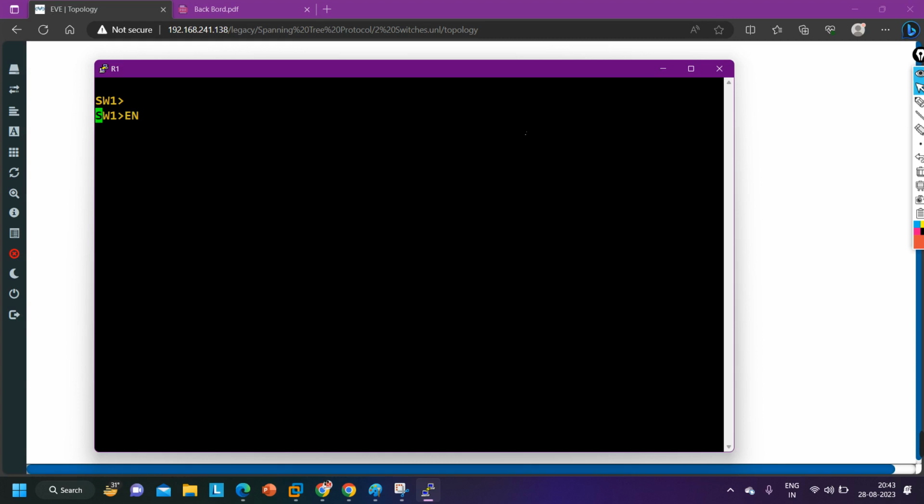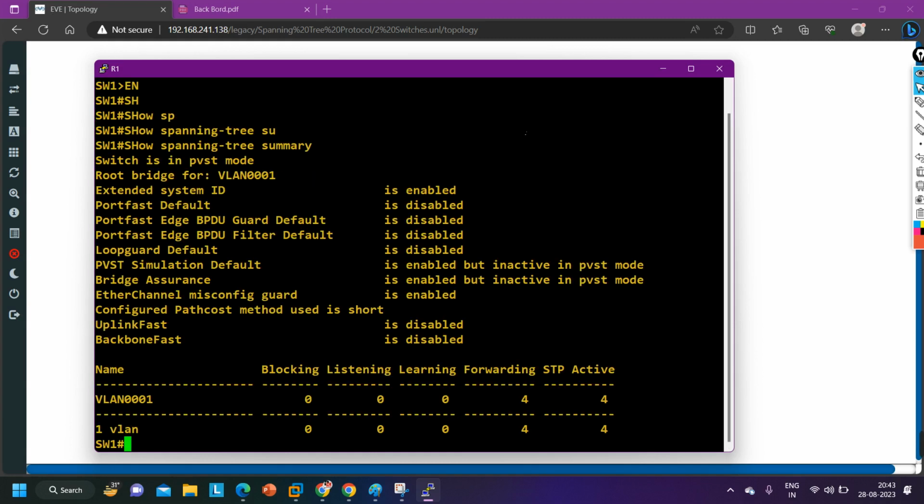RPVST. Are you sure? How to check? So show spanning-tree summary. Which protocol is running? PVST. Okay. This is not PVST, this is PVST plus. Guys, the difference between PVST and PVST plus is that PVST is not compatible with CST and PVST plus